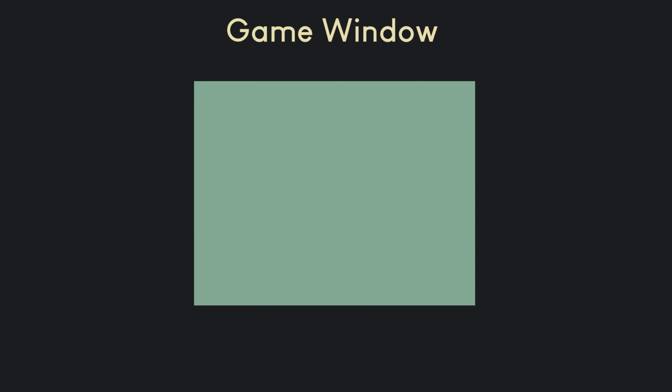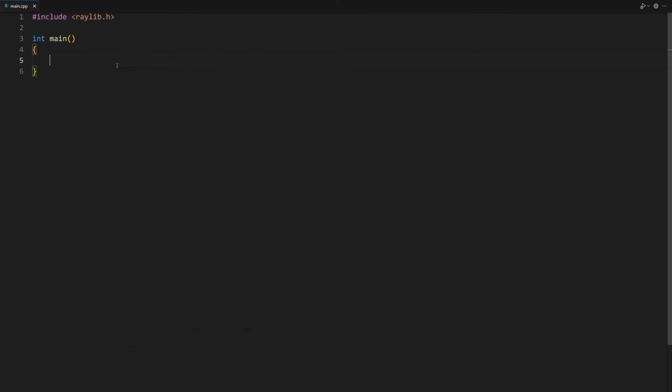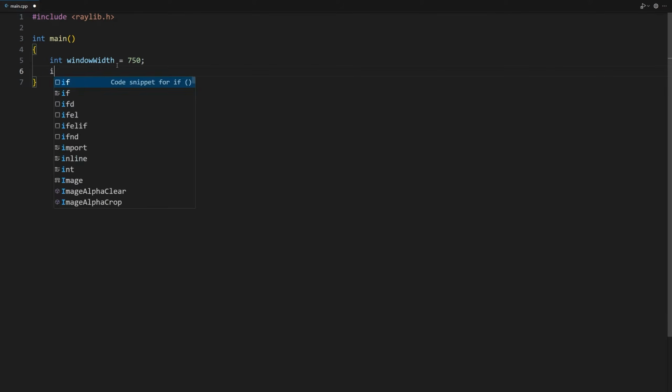First of all, we have to create our game window. The game window is like a blank canvas where we can draw our game objects. We need to specify the width and the height of the game window. Let's create two variables to hold the screen width and screen height for our game. I'm going to use a size of 750 by 700 pixels for now. We will change that later. int windowWidth = 750; int windowHeight = 700;